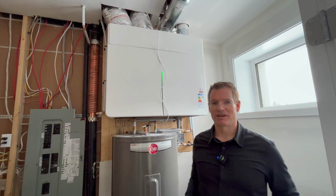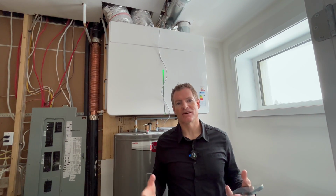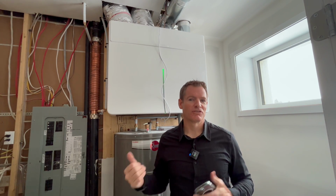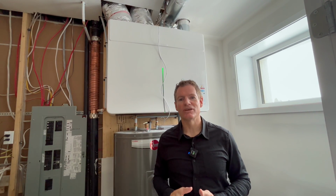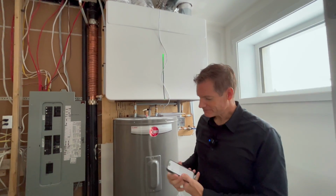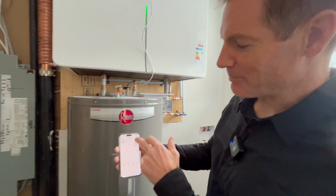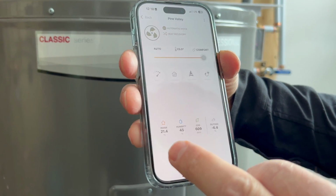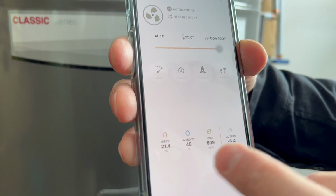These filters can sometimes last up to a year on a couple single filters for the supply and the exhaust. So really an incredible machine. From an operational point of view, what's great is this application that the machine comes with. You can monitor the inside temperature, the humidity of the house,